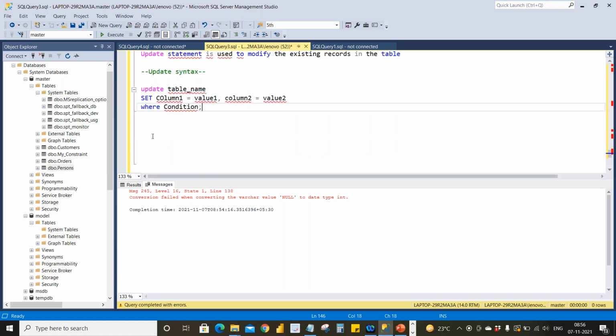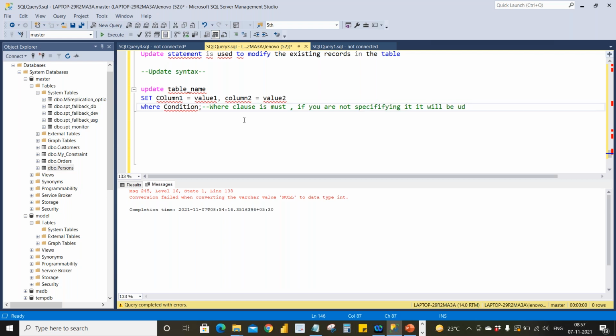Okay, so we will go with some examples over here. So I'll just tell you here, where clause is a must. If you are not specifying it, it will be updating the entire table.